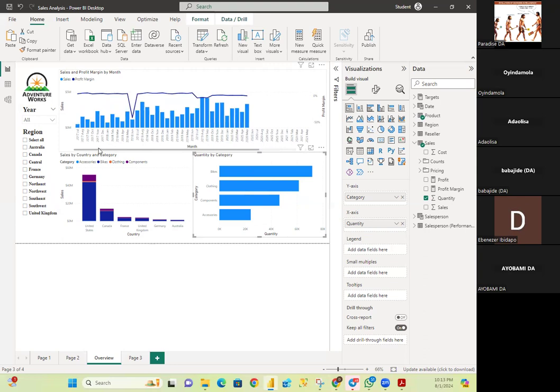Any question? And you can see what you have in quantity by category is telling you these are your sales for the 5 years for bike. Clothing for the 5 years is second. Component for 5 years is this, and accessory for 5 years is this. Likewise, you have your sales